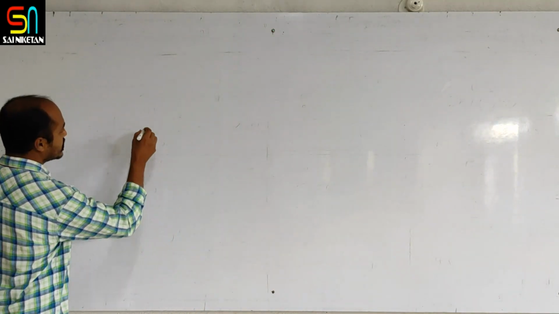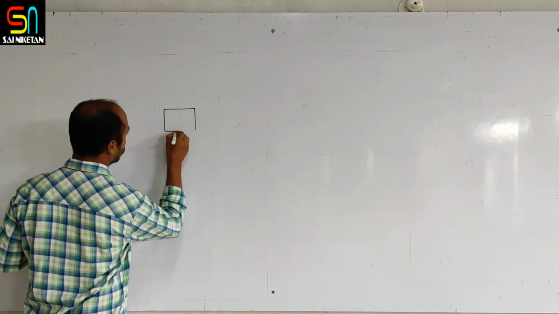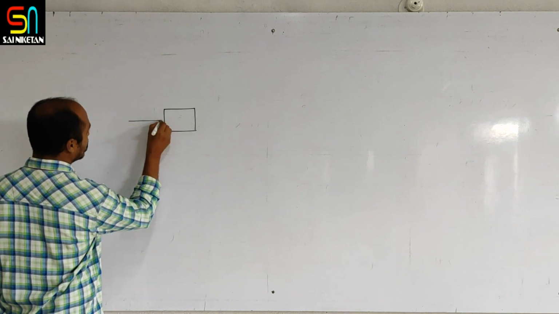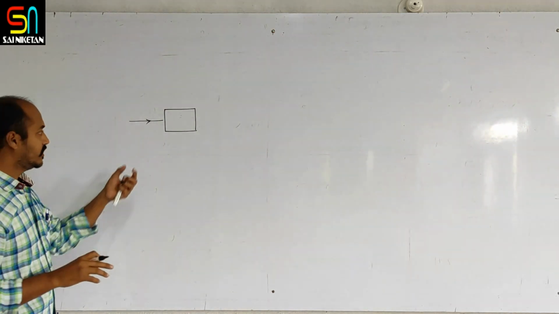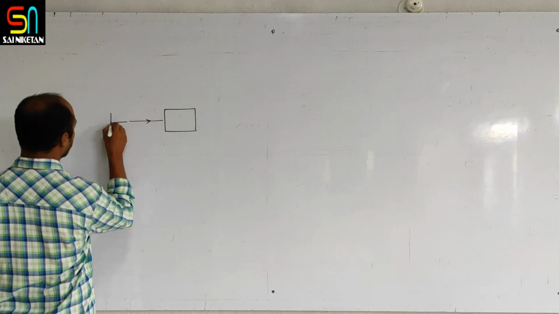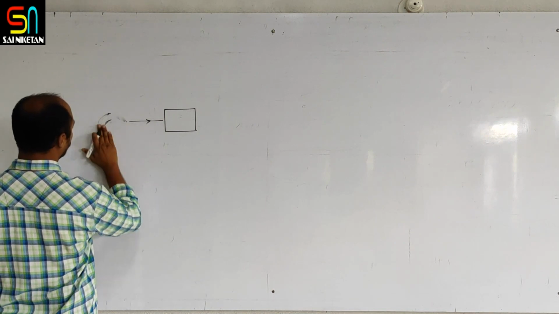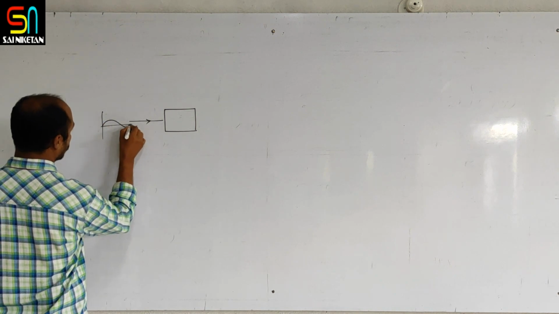If we take this device as an amplifier, and a weak signal whose amplitude is very small passes through it, like this, hope it is visible to you,